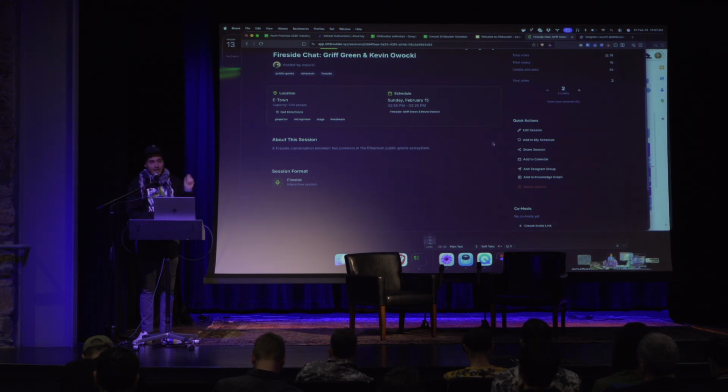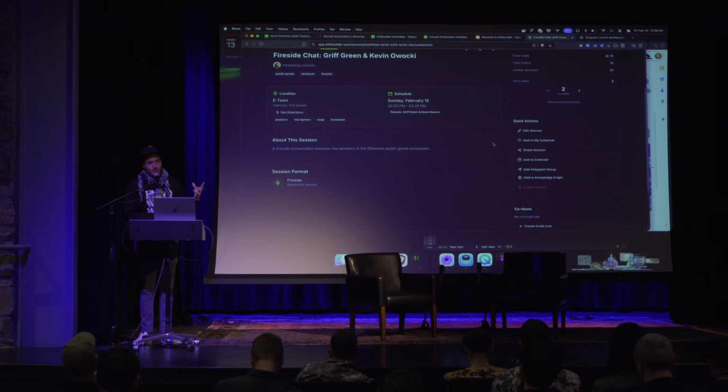Because if you do record, we're going to add this to a knowledge graph that throughout the event, you'll be able to see in real time the collective intelligence of this group starting to form in this graph database. And so we'll share more about that later, but definitely as you're hosting sessions, participating in sessions, think about recording, think about how we might ingest this so that this event isn't just a flash in the pan. There's actually a longer arc of what is possible when we bring this many literal geniuses together in one place.